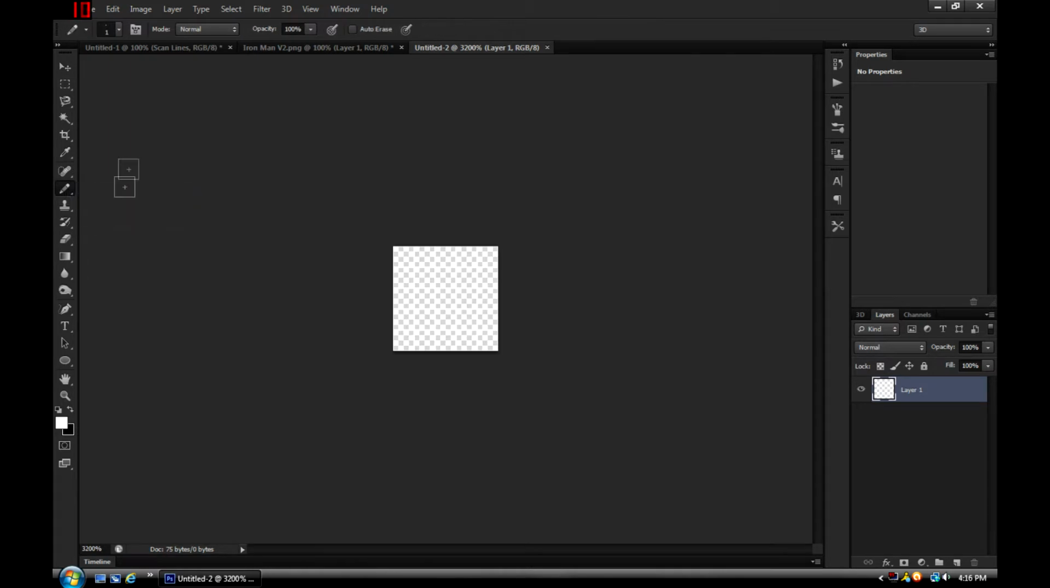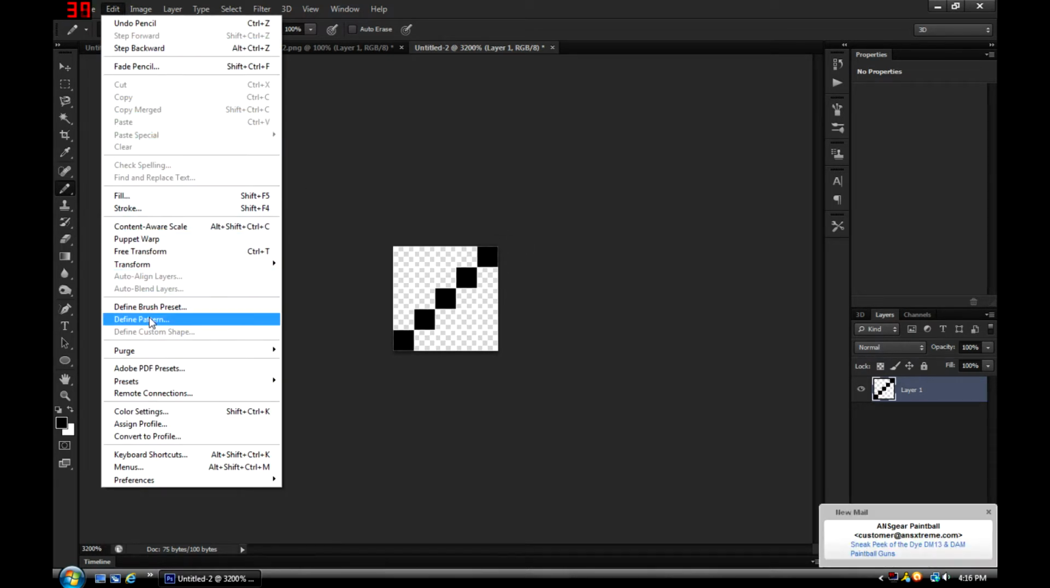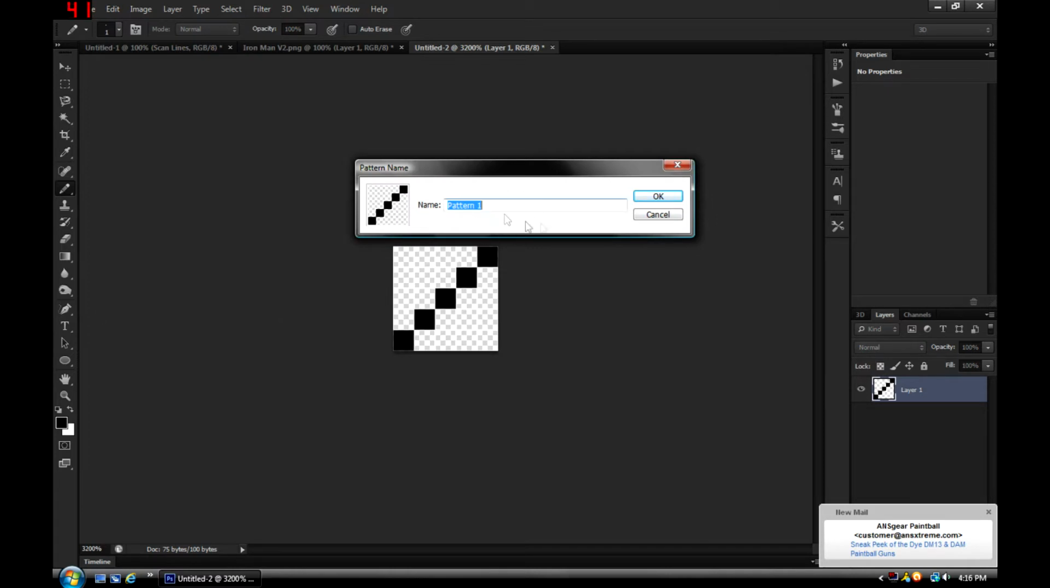Now choose your pencil tool, choose a 1 pixel black brush, and just fill in these boxes diagonally, one at a time. So you click there, right there, and you just do that to make a diagonal section of blocks. Then you go up to Edit, Define Pattern, name it whatever you want, click OK to save it,